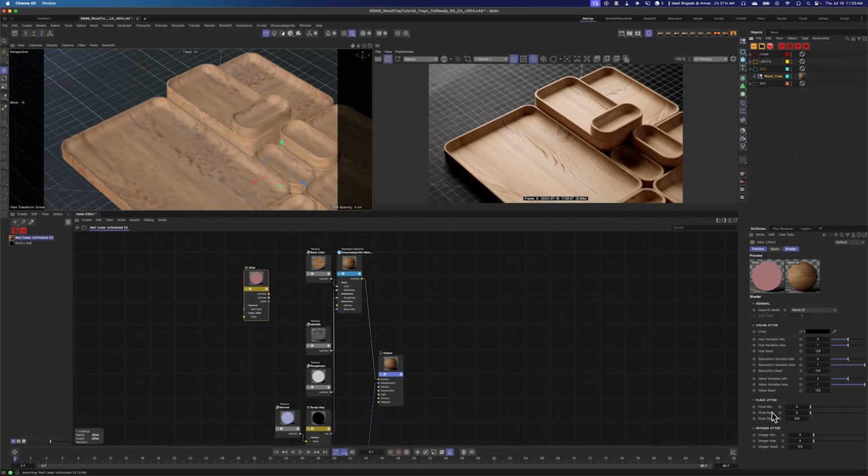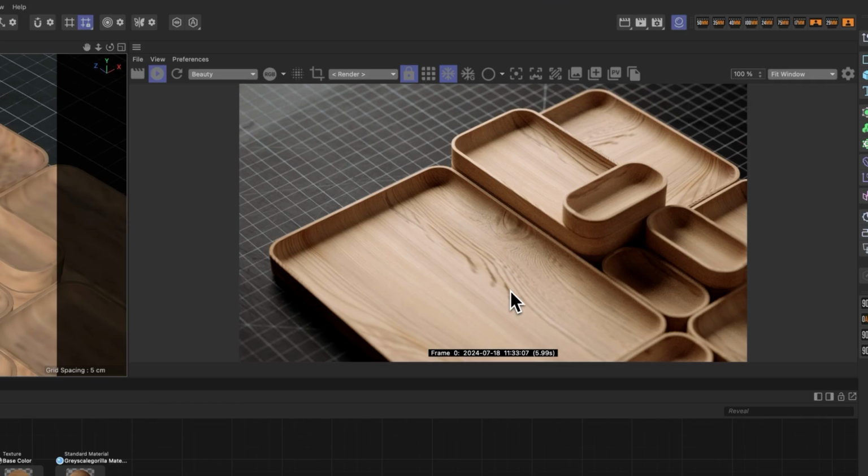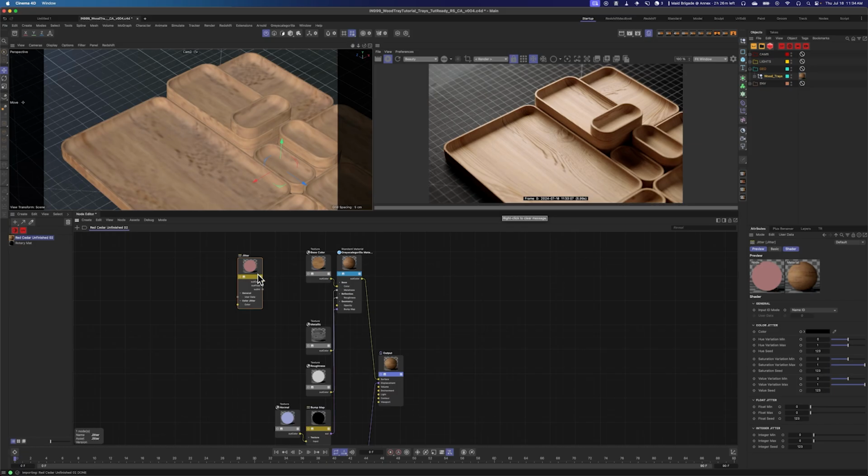Okay, so let's use float jitter, because what we want to do is randomly offset the UVs, or the texture offset, of each one of these textures, so that it's random. If we had a bunch of the same trays, they wouldn't have the exact same knot in the exact same place. All right, so with that jitter selected, let's drag our out float,